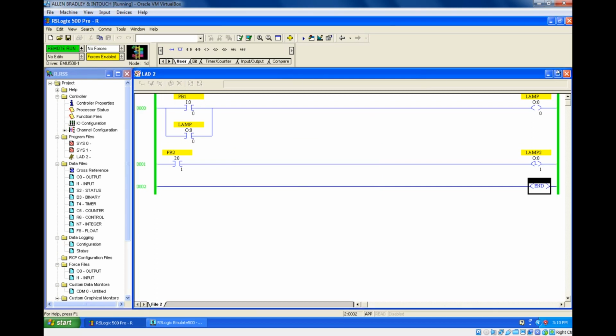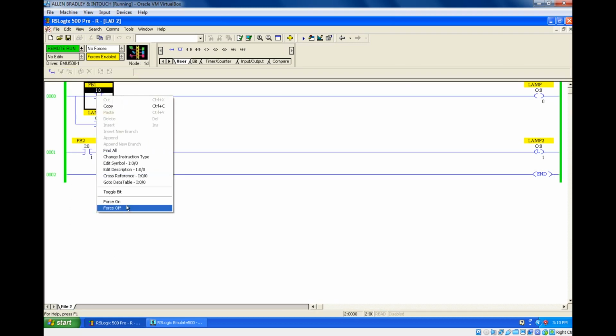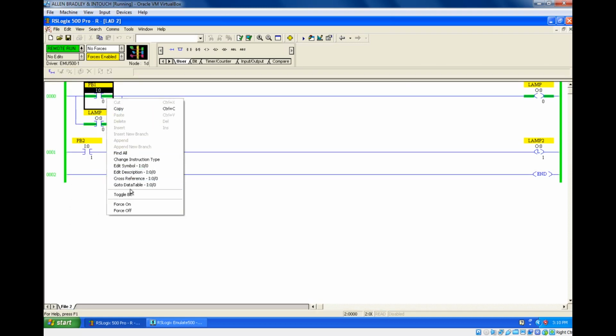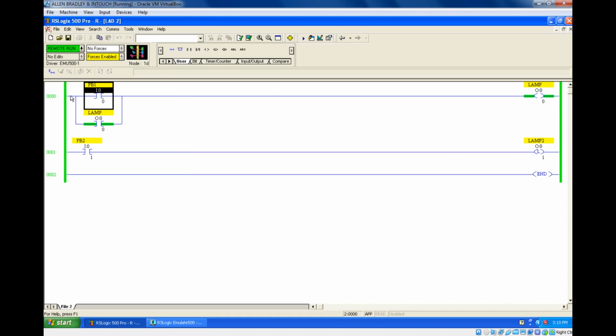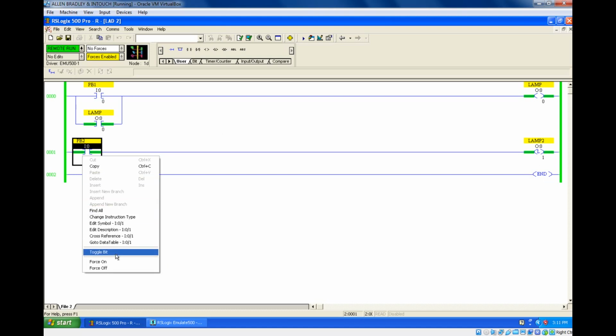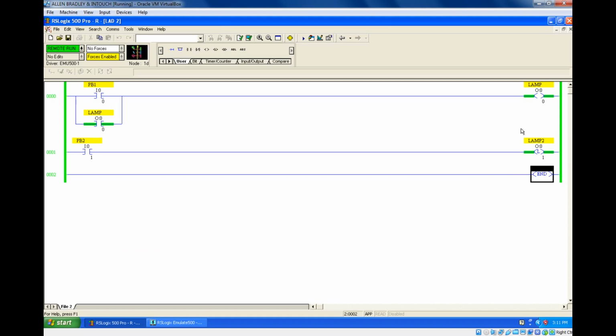Now what exactly is it going to do? If I turn on, it will be on. If I turn off, it will remain on. This output will remain on because I have given the parallel contact. This is the latching concept. Without this parallel contact also, we can do latching by using this latching contact. See, I'm turning on this push button and the output is on. Even if you turn off, this will remain on. See, O:0/0 remains on, because this is a latching contact.